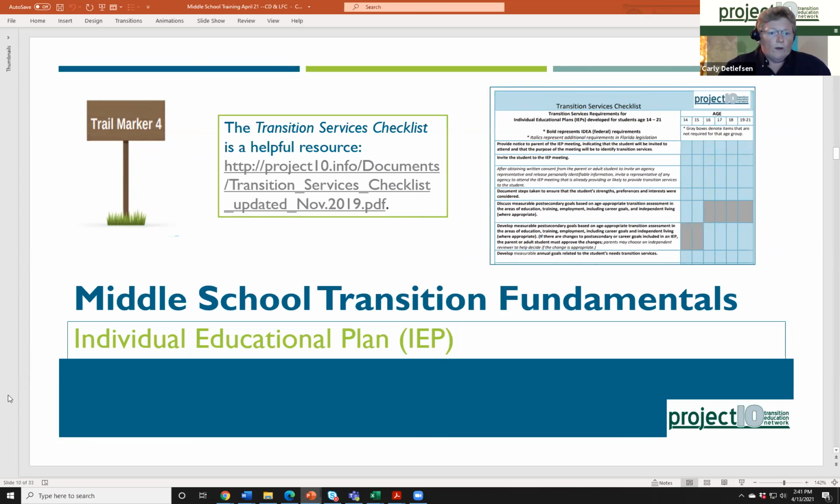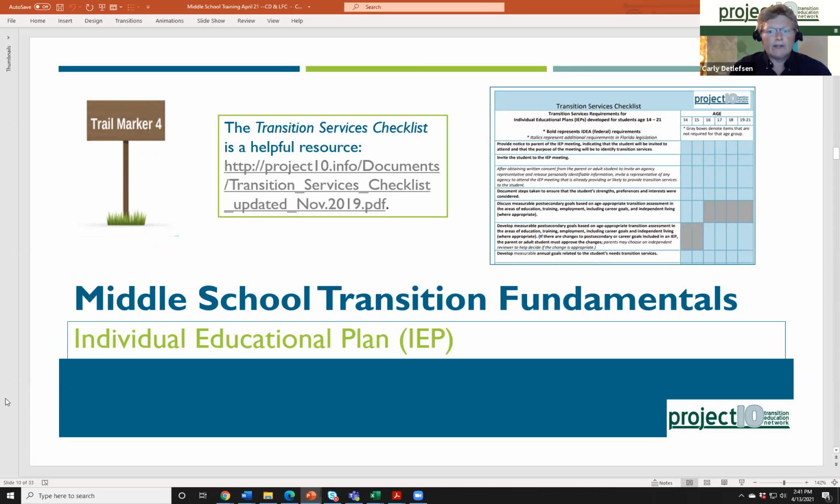Again, we're not going to go as in depth into the pieces of the IEP that oftentimes we start writing in middle school, but if you go to our trail map, trail marker 4 is where it talks about the IEP. So the screenshot you see here is the transition services checklist. This is a document that comes out of our family guide. It's a really great document that can also help educators understand what's required at the different age levels